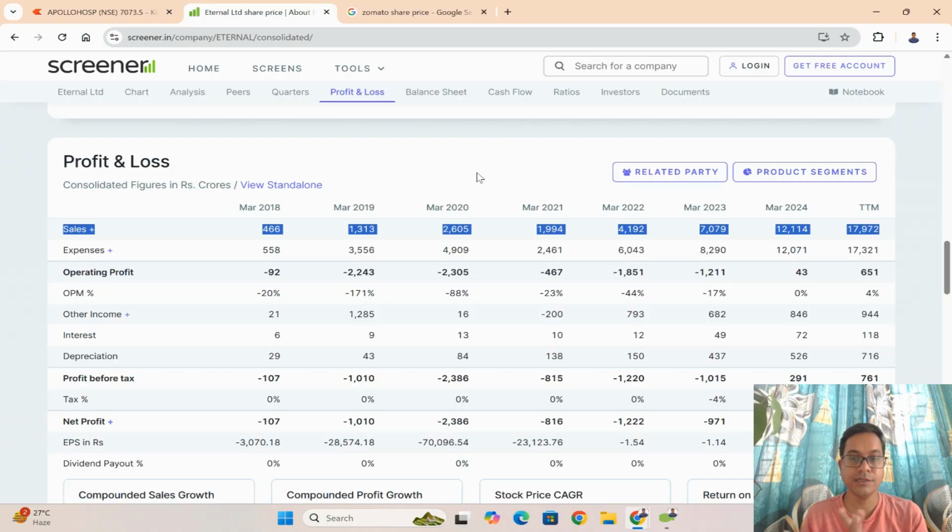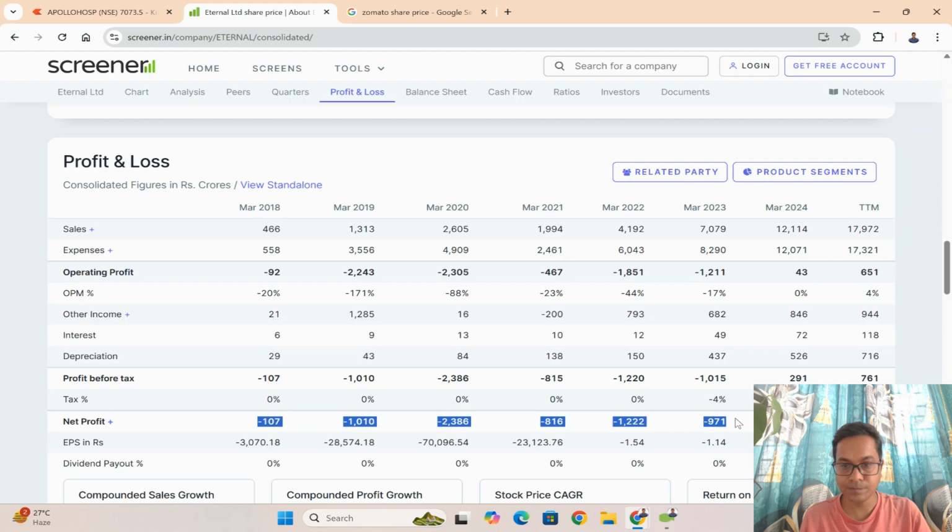No, because sometimes the sales or revenue might increase, but the net profit might not be very high, or it might not be good. Although the sales are good, the company might be burning cash on many things like advertisement costs, or giving offers. For example, in this case, if you see here, net profit was negative until March 2023, and then in 2024 it turned positive. So whenever you are analyzing any company, and you are thinking to buy the stock for investment or for trading purposes,